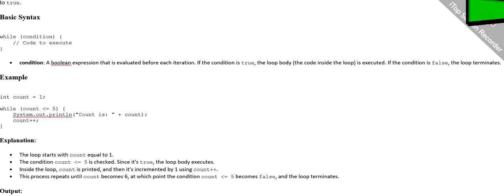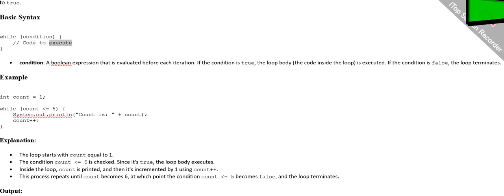Java while loop. A while loop in Java is a control flow statement that allows code to be executed repeatedly based on a given Boolean condition. The loop continues to run as long as the condition evaluates to true. Basic syntax. while (condition)